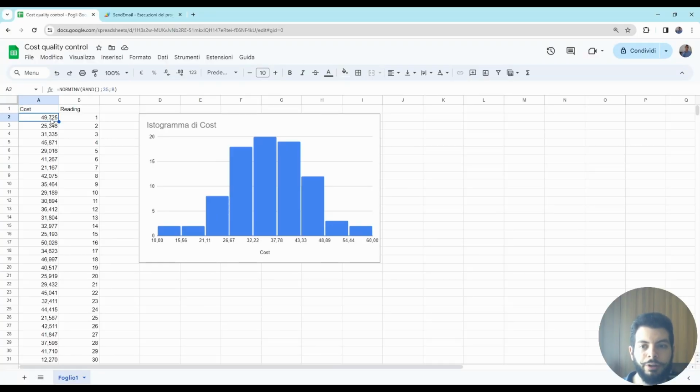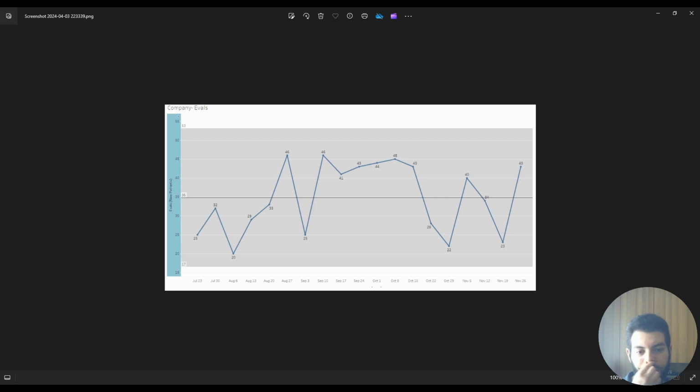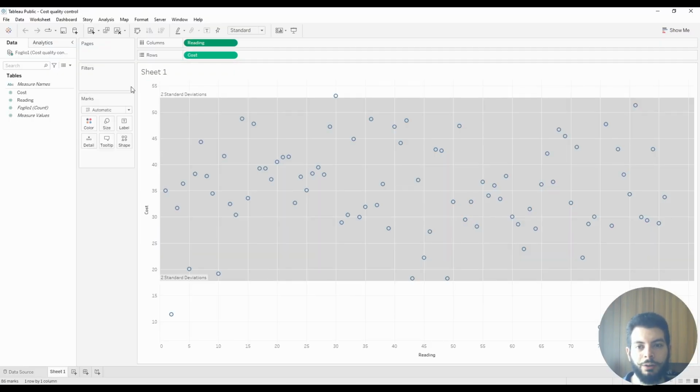First of all, I replicated some numbers that use normal distribution, and here you see the results. I could have used Looker, yes, but I used Tableau as the image you see here. So I brought the data on Tableau, I moved cost into rows and reading as columns, and you have to check that you put them as dimension.